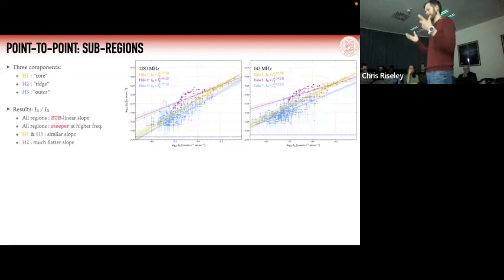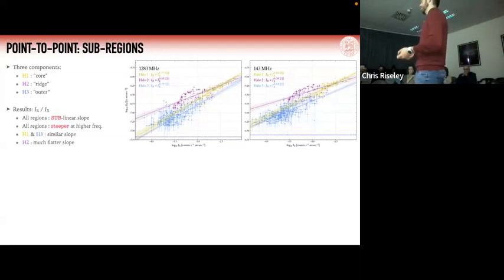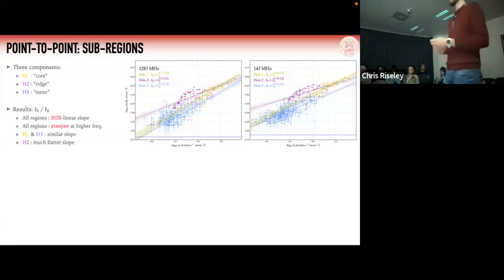Historically, one of the clear discriminators between turbulence and hadronics was the point-to-point correlation, because with a default set of parameters, the turbulent acceleration model will predict a sublinear slope or maybe up to a linear slope, whereas a superlinear slope was only really reproduced under a hadronic scenario. However, turbulence is very, very tunable and has a lot of knobs and buttons and dials that you can tweak, all of the parameters.